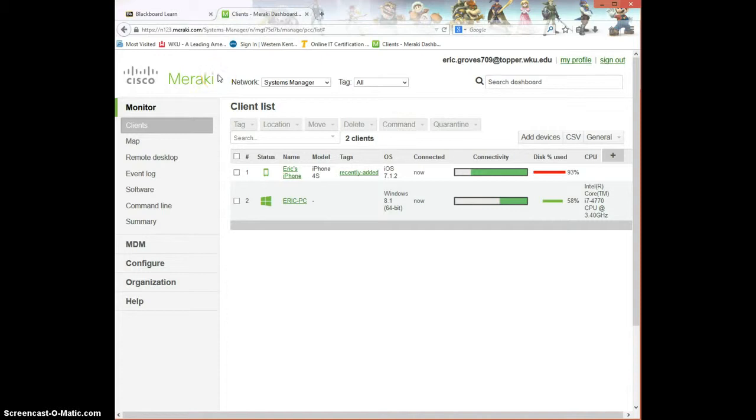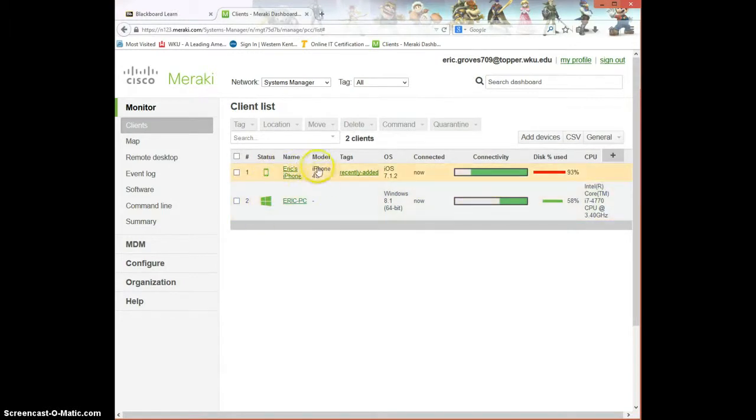When you first pull it up, you see this, your list of clients. Obviously, if you're running a small business or any business, there would probably be a lot more clients, including desktop computers, phones, laptops, tablets. You can add all of that to this management system, and it gives you some basic information right off the top, including what it is, phone,